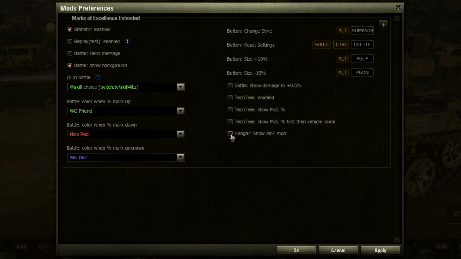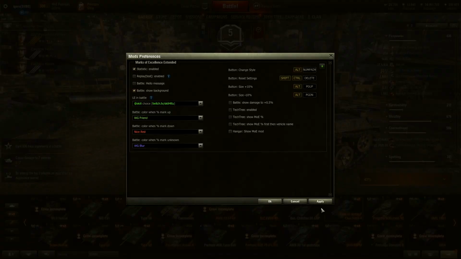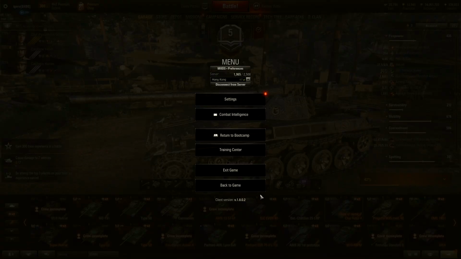You can have it in your hangar, you can have it show on your tech tree. It's really up to you. Configure it any way you want it, or if you don't want it at all, you can completely disable it as well. And the last mod is the